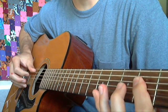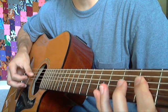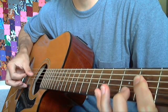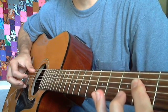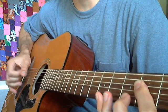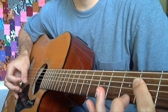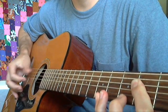You just bass, that's open, the fifth string. Come down. You want to hit that, kind of get that fourth and that third string in there together. Bass, and then you hit that by itself, the third string, then the bass. So it's, and then you come back with the bass, and then you're going to hit that the pinky right on the fifth fret first string. So it's, that up to the middle finger on the third fret first string. So it's